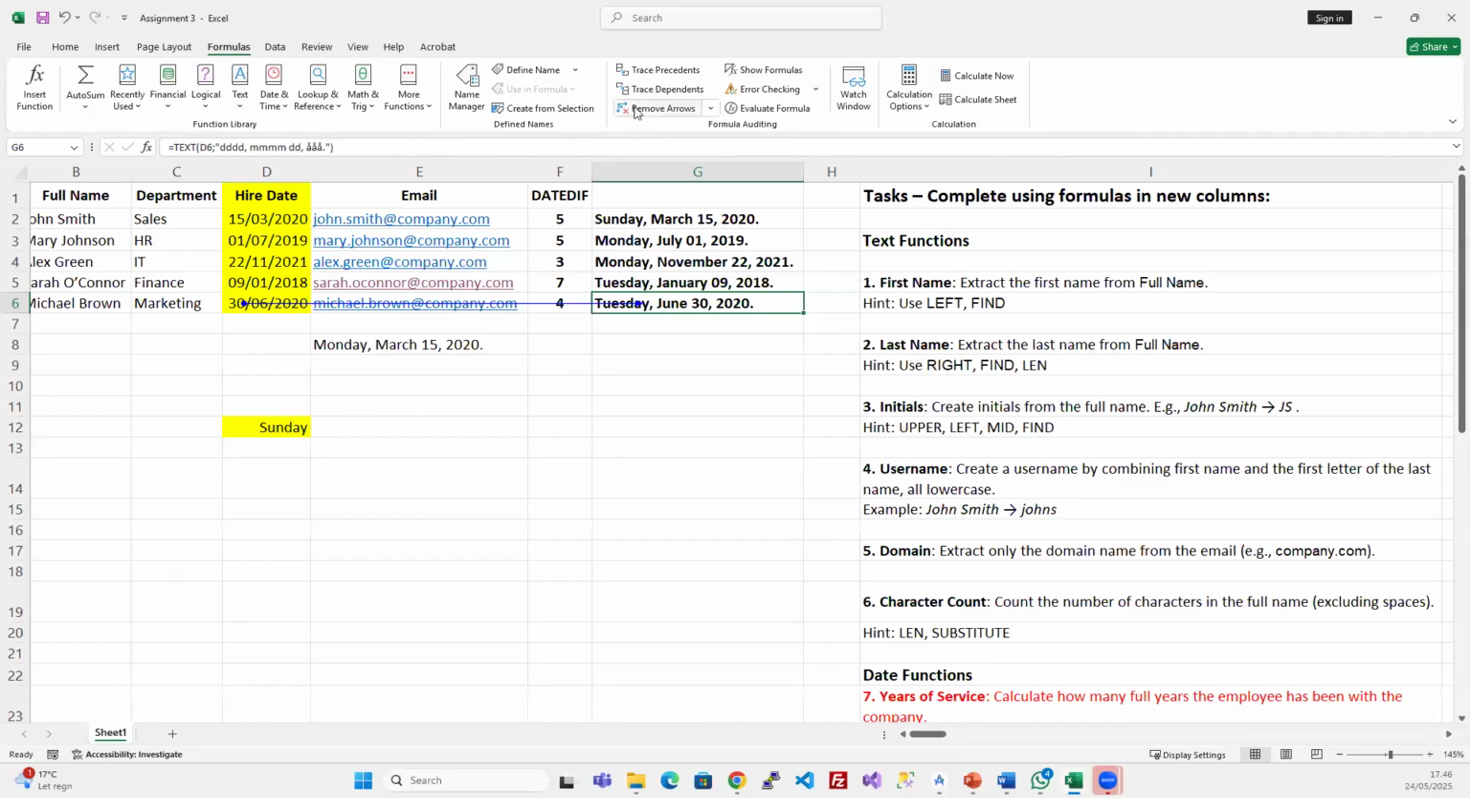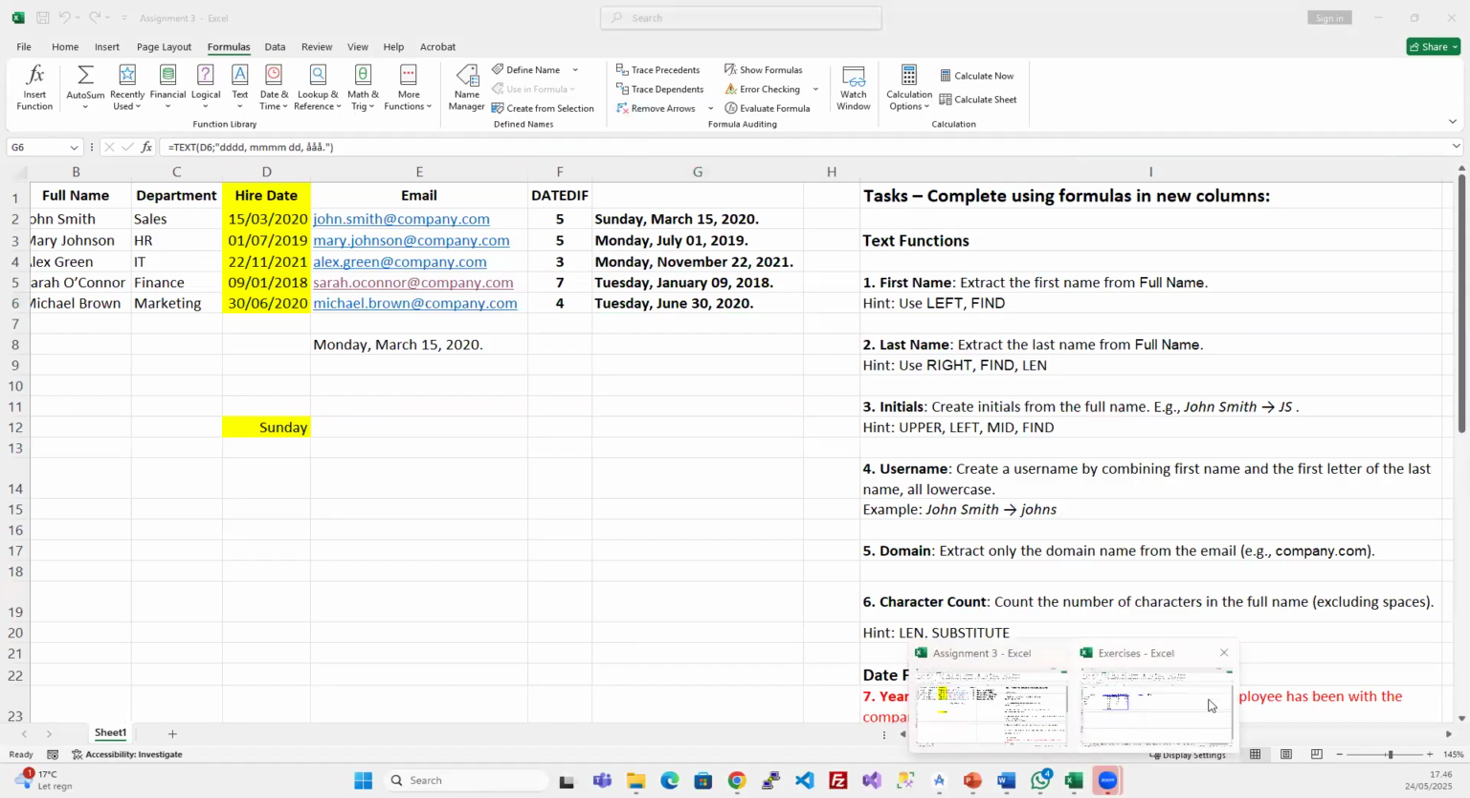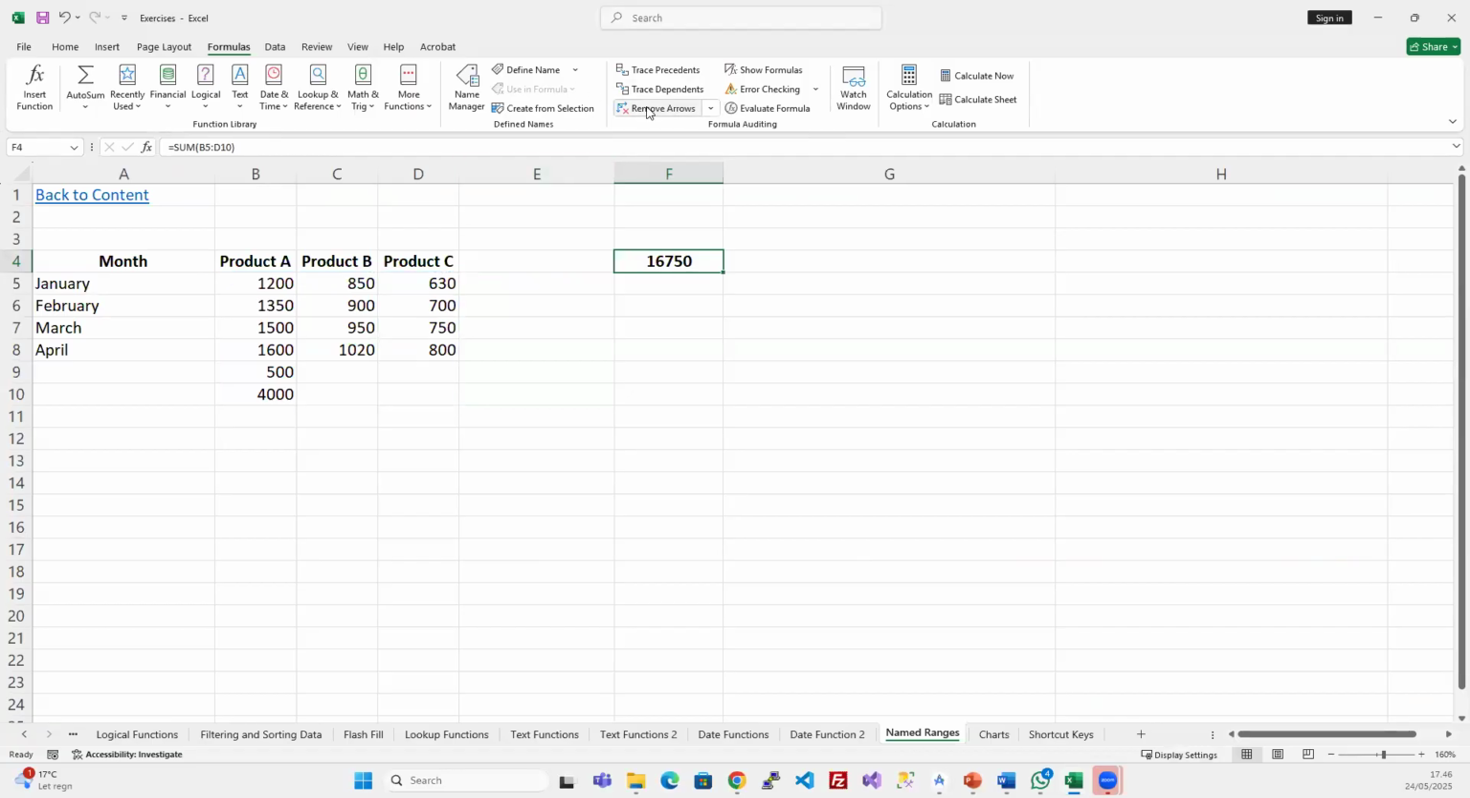And you can remove the arrows by clicking on the remove arrow button. I'll go back to that other sheet. Remove arrow, and it's gone. And I can trace dependents by,